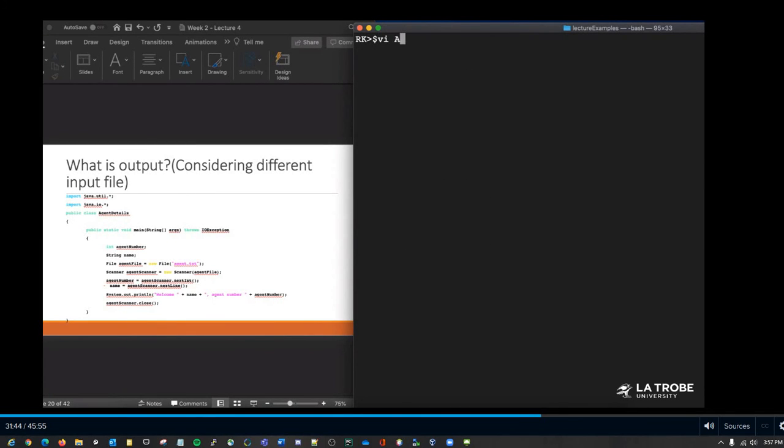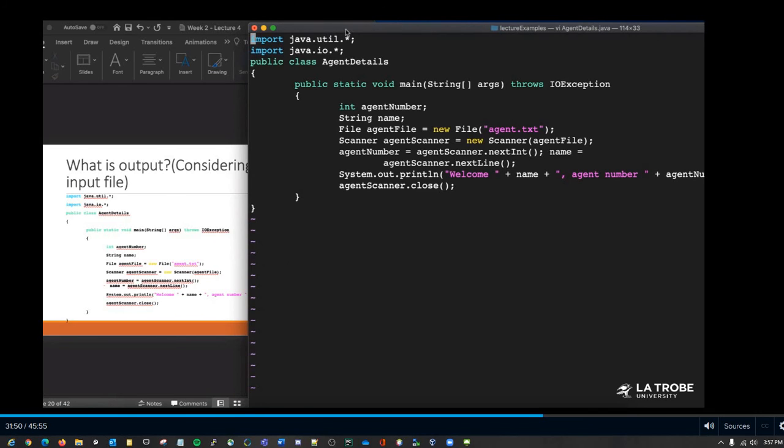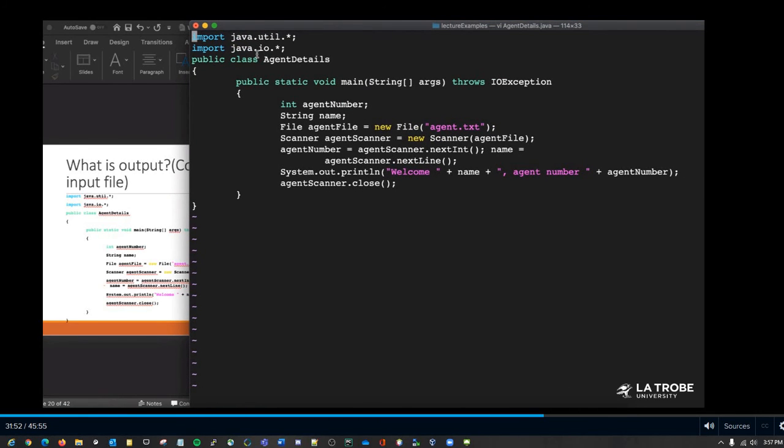It's called agent details. All right, so we need to open a file called agent.txt, and it has got agent number and name, and we need to print the name and agent number. So let's say